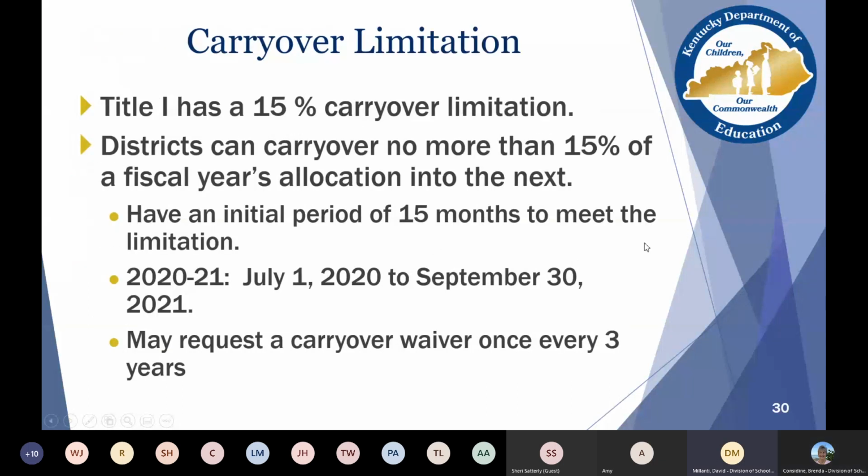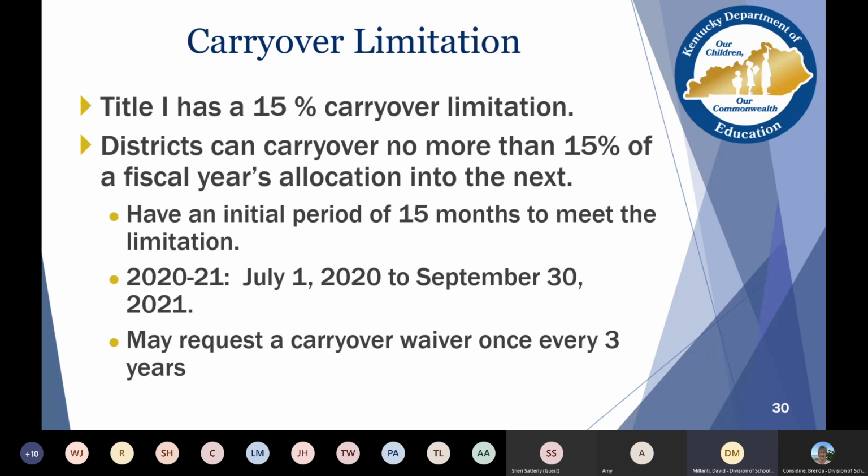Okay. So yes, you will see us issue some reminders once in a while about that 15% carryover, and it's not because we are harping on you, but that requirement actually carries a penalty with it as well. Let's say for 2021, you don't spend down to the 15% level, and you're $50,000 shy of meeting that carryover level.